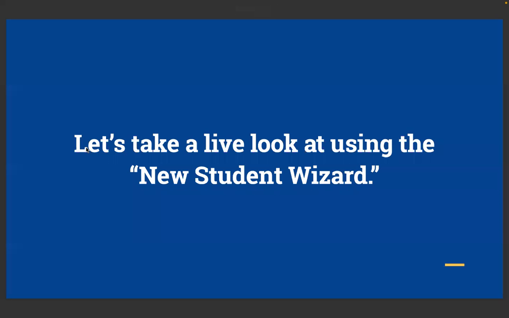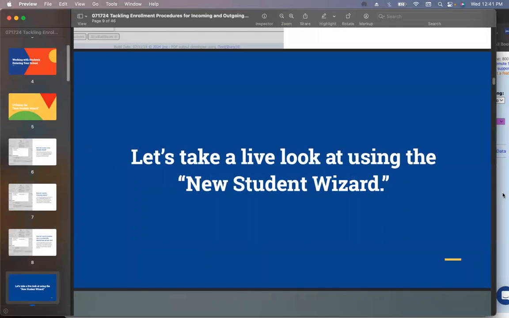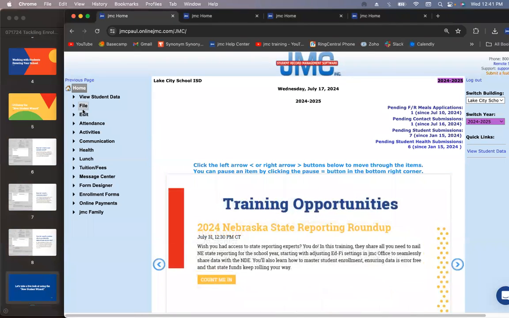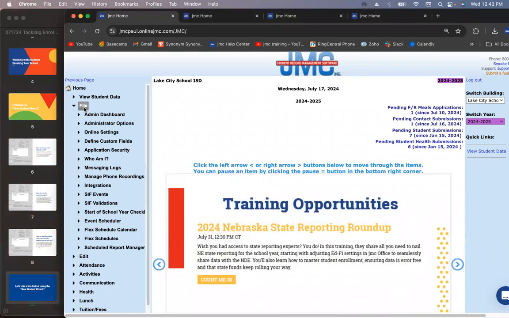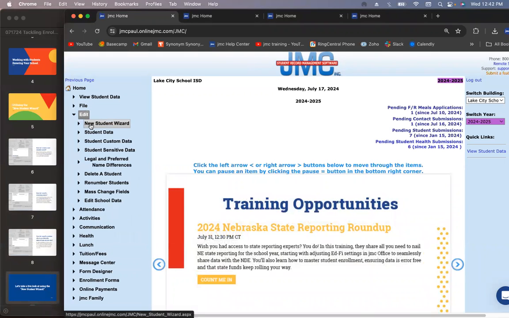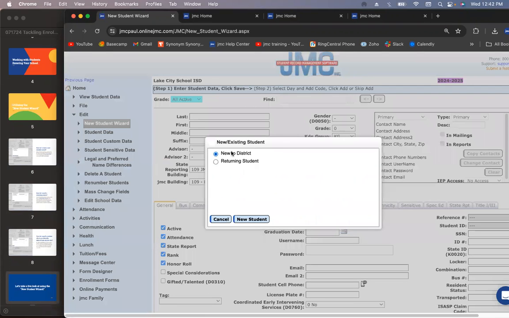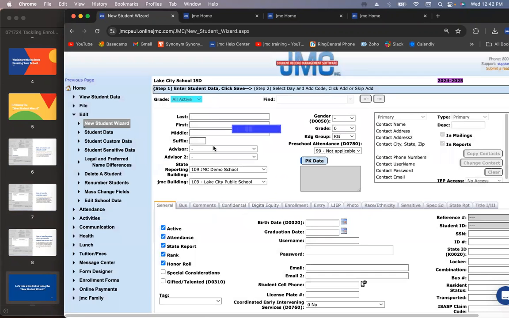So let's take a live look at using the new student wizard. So again, a new student comes into your school. What should you do? You'll come under Edit, down to New Student Wizard. No matter what state you're in, this is what you'll do. If they are new to your district, you'll click New to the District, hit New Student, and you'll put in